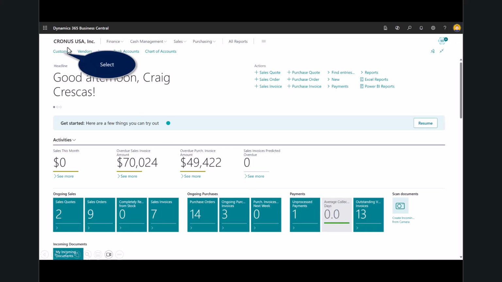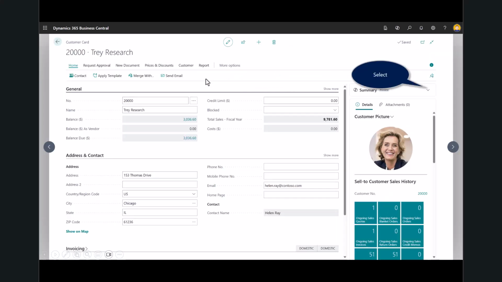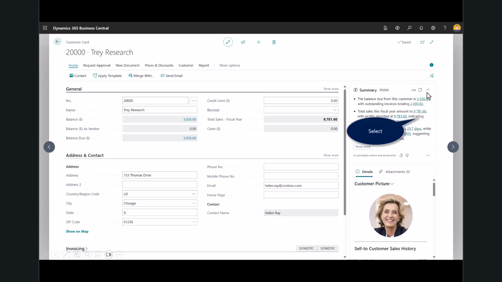You can see here, I'll open up my customers and I'll just choose any customer in the list. Now, one of the things that's now available on the information pane is this Summarize. The first time that you open it up, it'll take a moment to refresh. But here you can see, without drilling into the customer, I could start to do analysis like I always could, but notice summarization in Copilot now helps me to better understand the balance due, total sales.